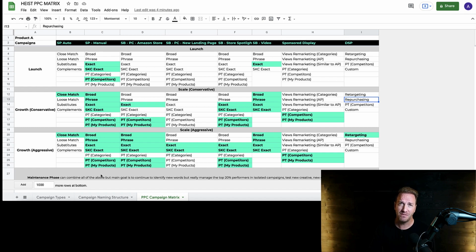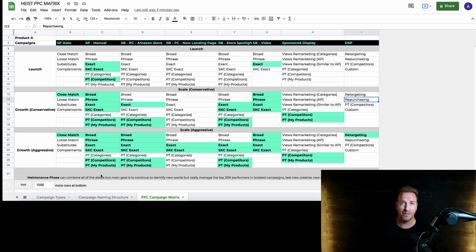And then for the maintenance phase, it kind of depends, right? It depends on whether you've got an ASIN that's absolutely killing it and you're just dominating organic rank. Sometimes in those cases, we're actually pulling back on pay-per-click, not getting more aggressive. So we're more like, hey, we've got the words that matter. We're actually ranking well organically, so we don't need to spend as much on ads. We may just sit and stabilize it and maybe run the odd experiment,